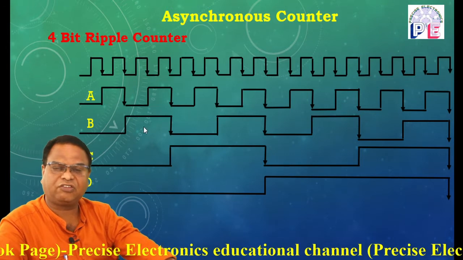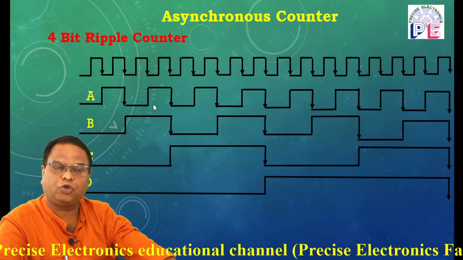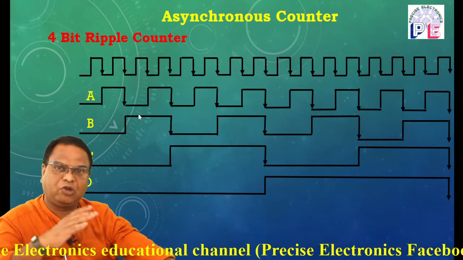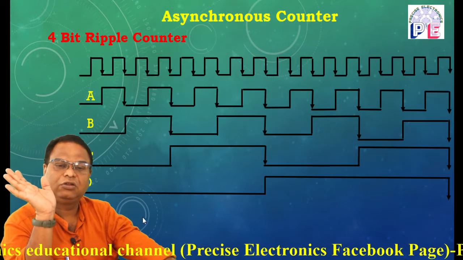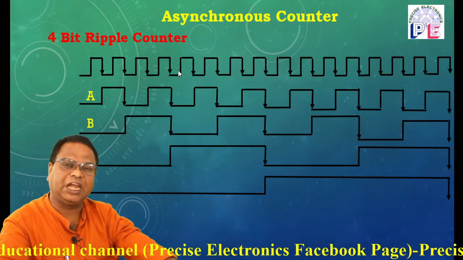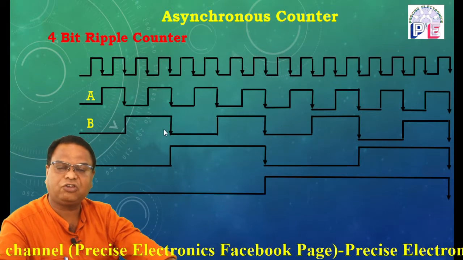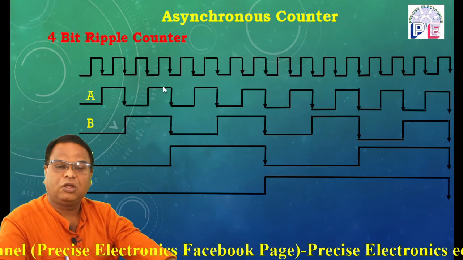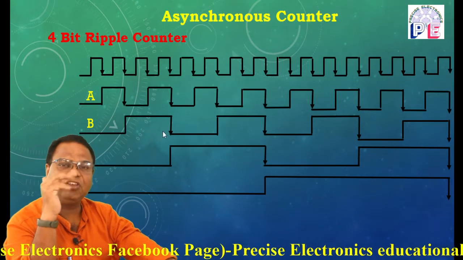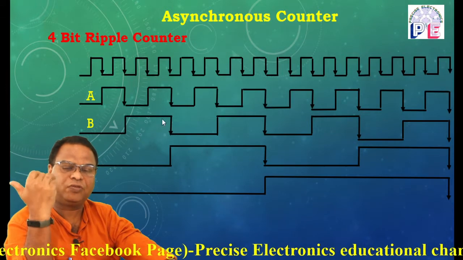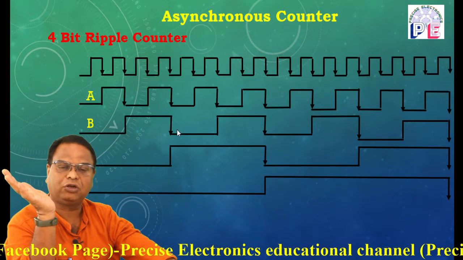At the next clock edge of the input clock pulse, once again A changes from 0 to 1, but this is a positive edge, so it will not affect the state of B flip-flop or C flip-flop, so they remain at high state. At the negative edge of the fourth clock pulse, A toggles from 1 to 0. This negative edge toggles the B flip-flop. This negative edge of B flip-flop toggles the C flip-flop, so output of C flip-flop changes from 0 to 1. So transition of state occurs from 0 to 1.